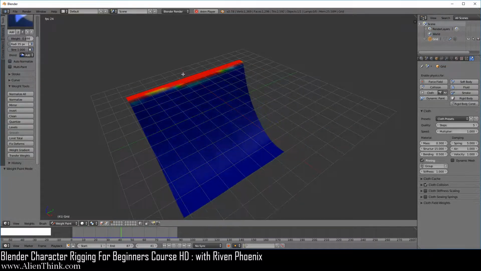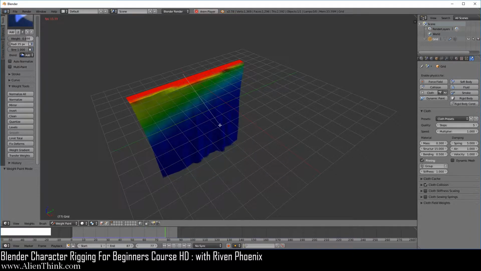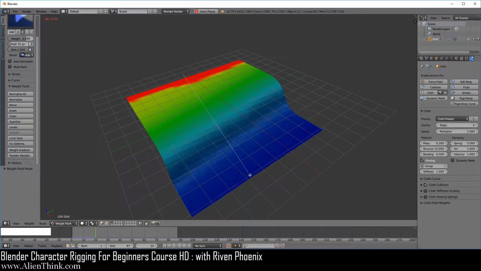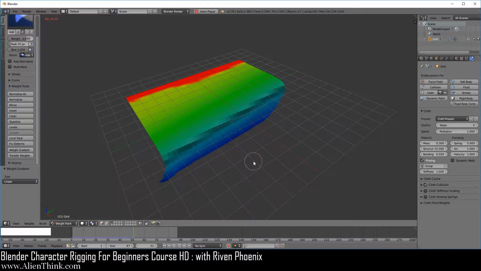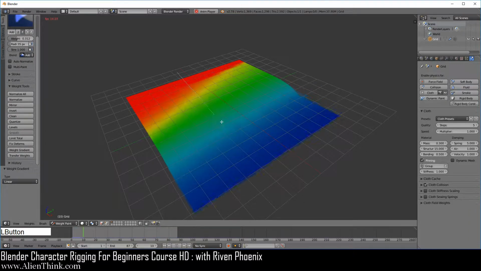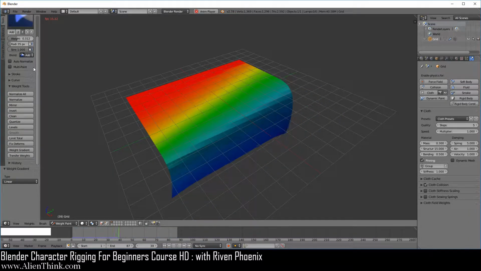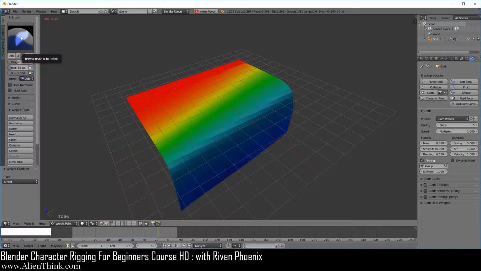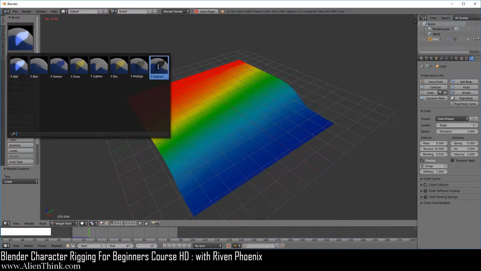Click on weight gradient, and now we're going to add a gradient over here like this. Now you'll notice how this is behaving. Okay, so this is what you can use weight gradient for. We can of course decrease this over here, but now notice that once you decrease it, go to weight gradient and now do it again, it's just simply adding, right? Why is it doing that? Because look, we're on add. So here we can do it backwards, right?